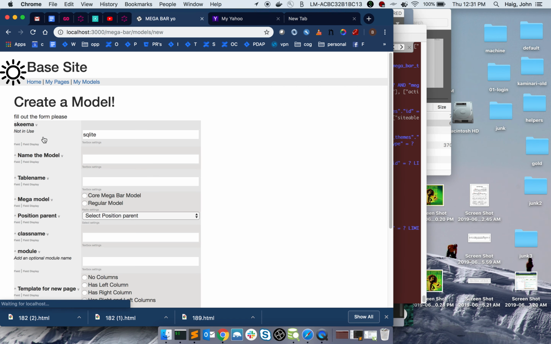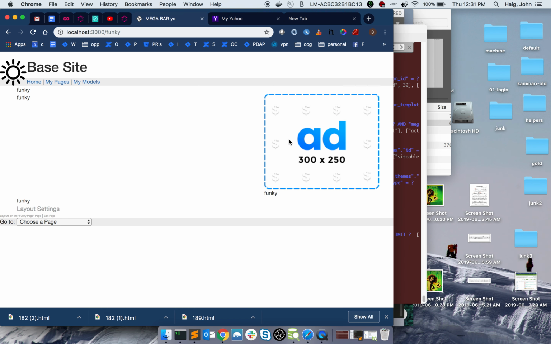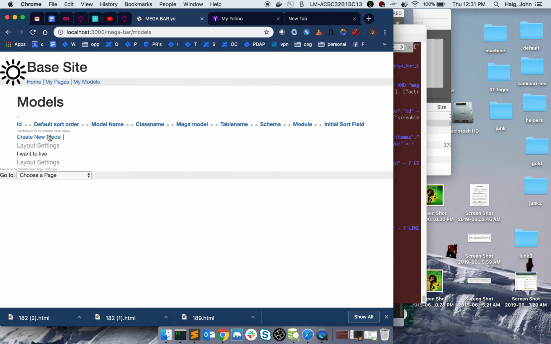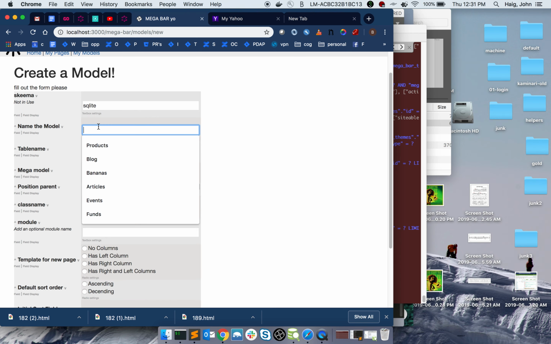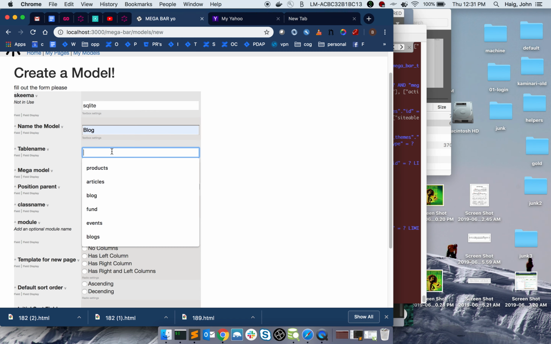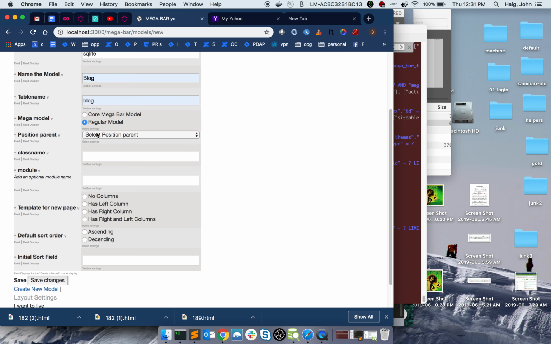Before, we created this funky page, and it's got this ad over here. That's good for flat HTML. But if we want to start doing stuff with real database tables, you need models. So we'll get going by coming to the models page here and creating a model. I'll go through some of this stuff as we go on, just giving it a basic table name, model